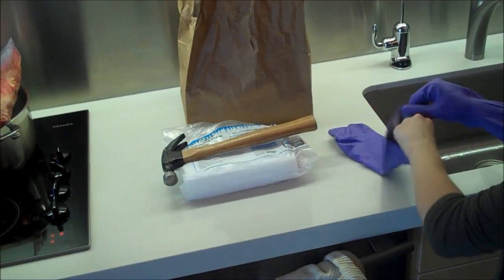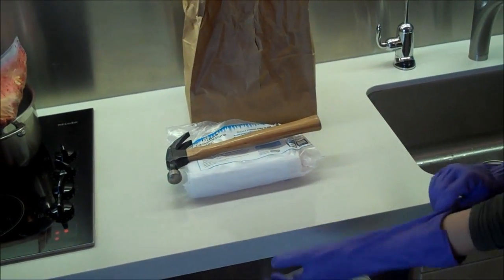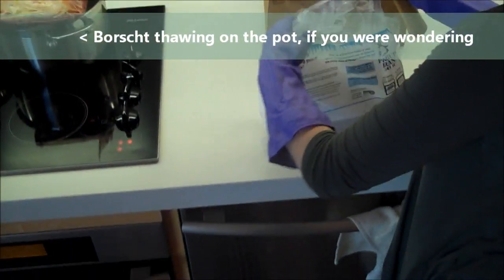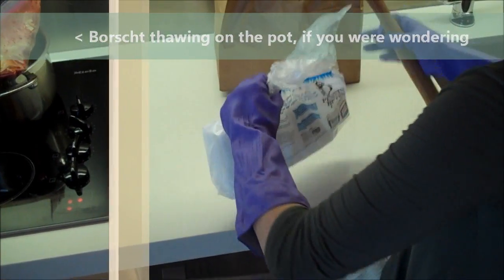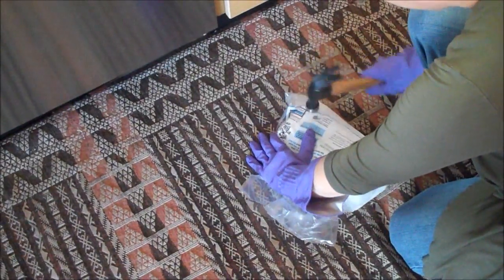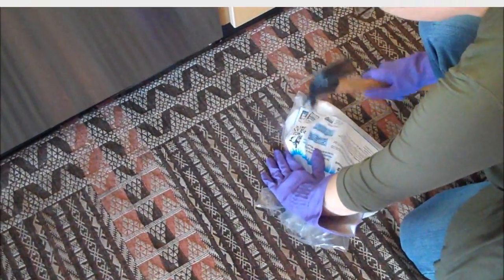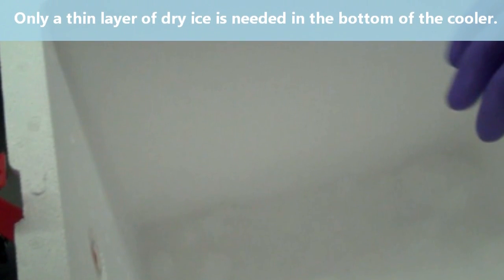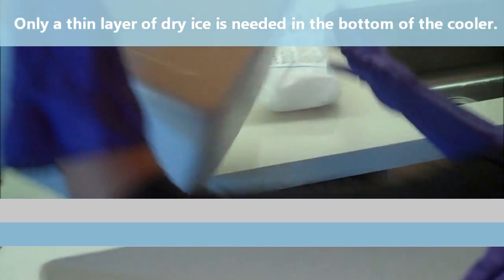on the protective gloves. The gloves are to protect her hands from the dry ice, but we found that they were also helpful in handling the ice-cold bags of breast milk. Angie's going to break the ice up on the floor and with a hammer, attempting to keep the ice within the bag. We only needed a small, thin layer of ice on the bottom of the ice cooler,